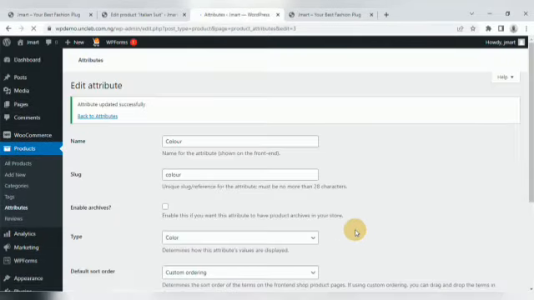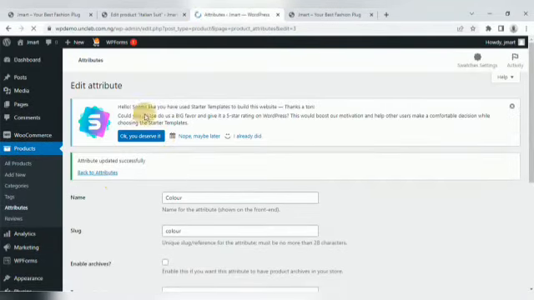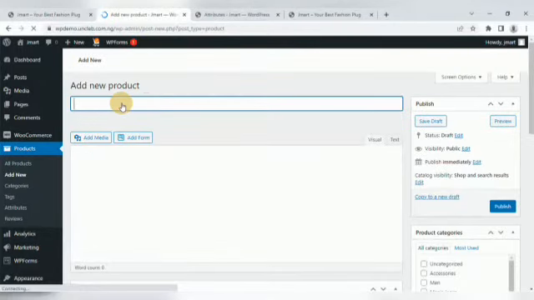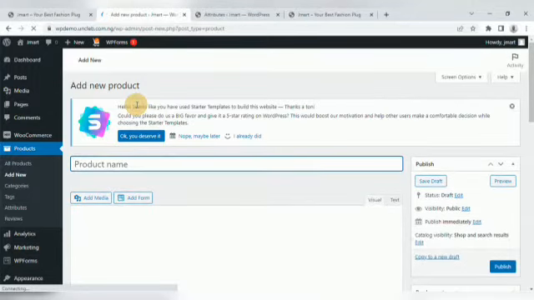So that is the way you create all of this. For the other one, I'm going to use the size. You understand? Now that we have this, we need to click on add new, just to show you how to create a variable product. So let's say this next one is ladies